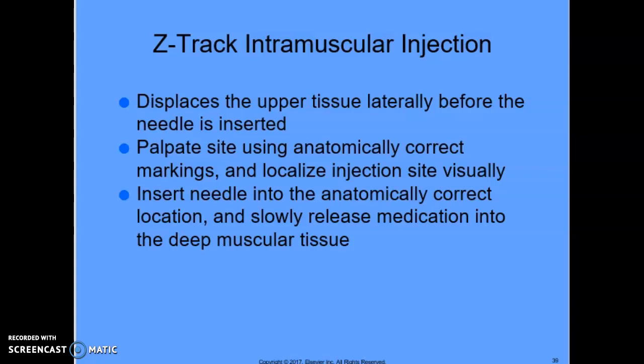The medications for which Z-track injections are appropriate require a large muscle mass, and they should be injected only into the dorsogluteal site. Medications that require the Z-track method of administration might be heparin. And it's important to remember also that we do not